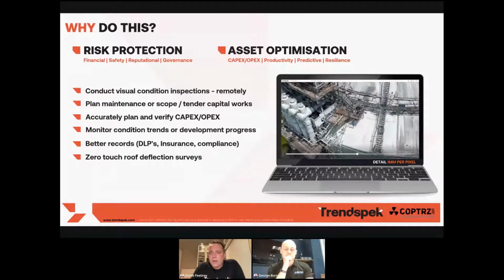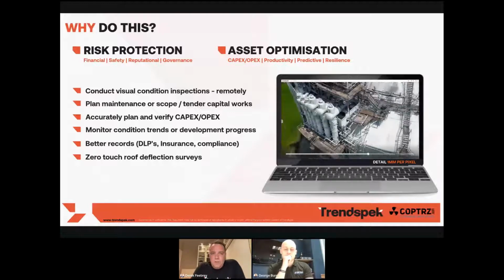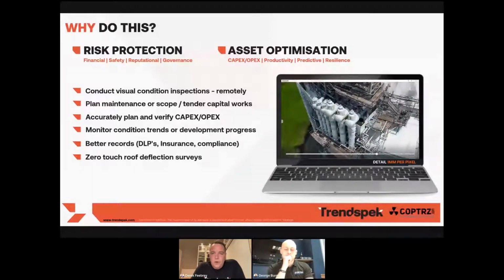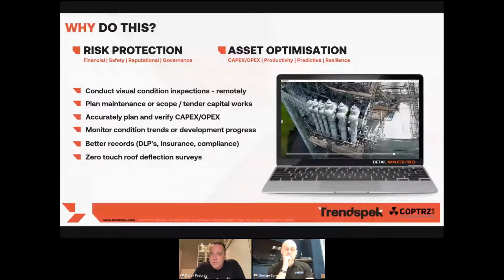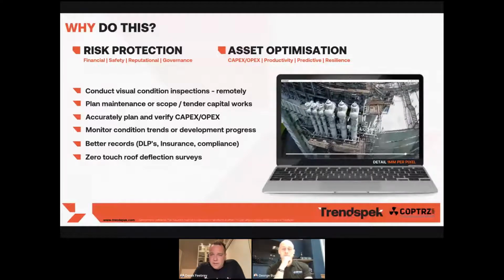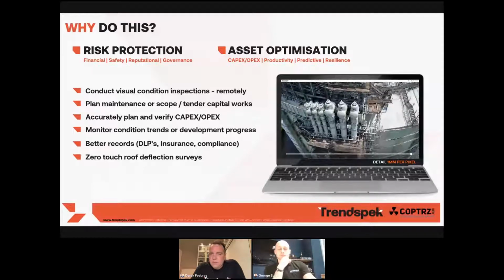We had one client who previously, just to get a quote on a tank, just to have it painted, was nearly £5,000. So that cost is now eliminated because that can all be done via desktop. A lot around CapEx planning, because